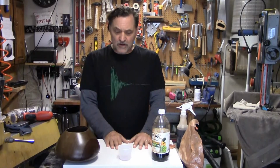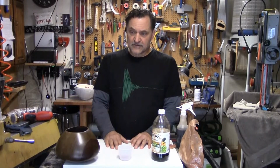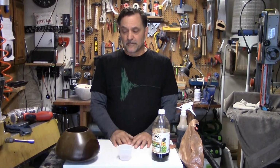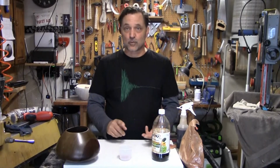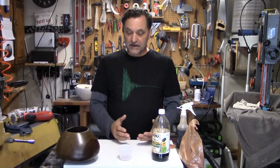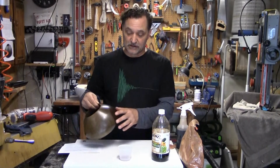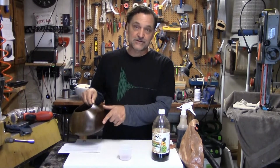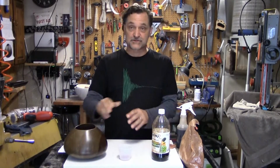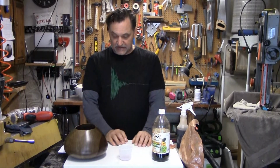And this process using iron acetate with the bark is pretty unpredictable. You have better results with species that have more tannin in them, like the oak, the cherries, the walnut. But again, it's unpredictable. Sometimes, even on the same species, you just have a different piece that has different tannin content. You can get a differentiation between heartwood and sapwood, and sometimes it goes just completely black. But I like that